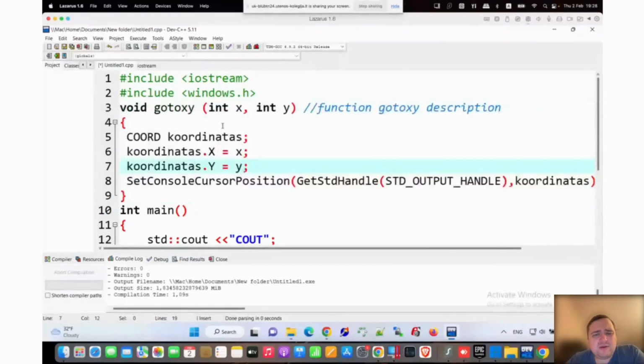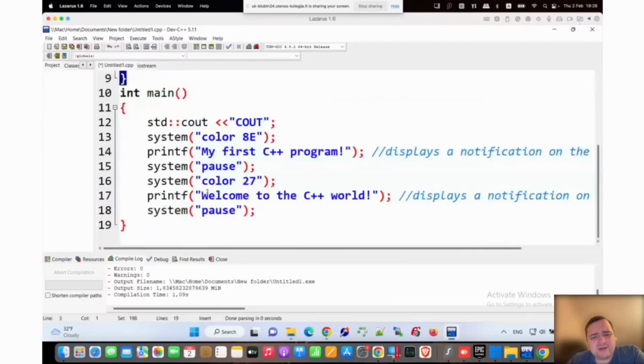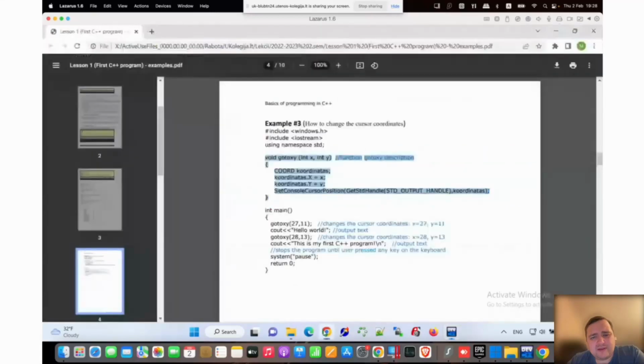So maybe for now we would not be discussing how it works, maybe correctly or whatever. We will be just using it. So we copied it, and then we can start using it. How? Like in the case of the printf or cout, we write the name of the function, and since